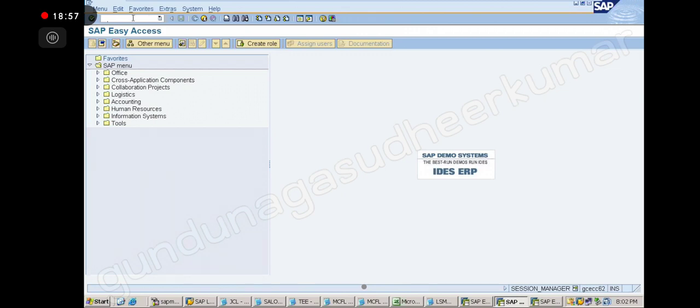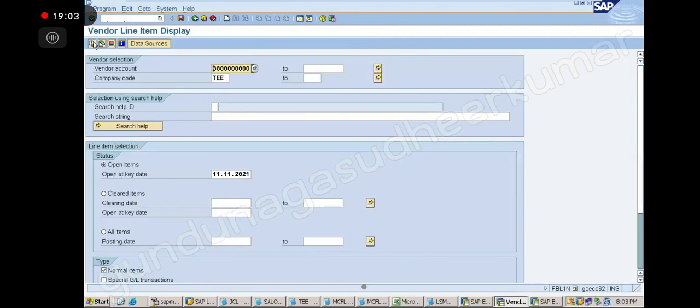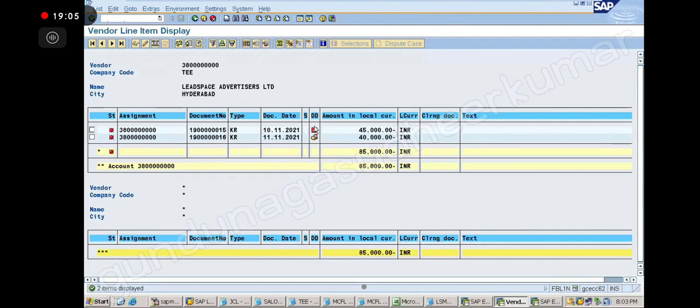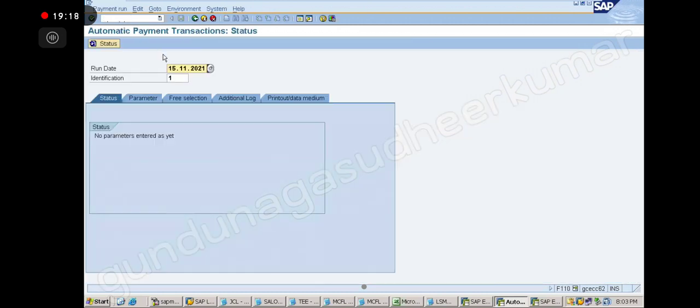Okay. Thank you, sir. Now I already posted, I believe, in FBL1, and I have 2 open items. One is an already overdue item, and this is the cash discount item. Now I am running the APP, /F110. Let me check how many of you understood this concept.